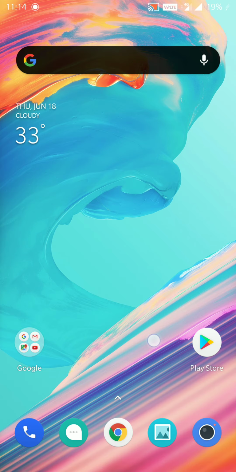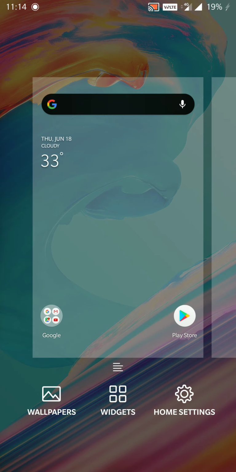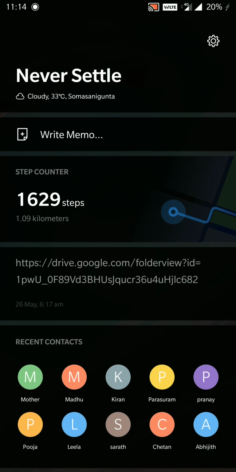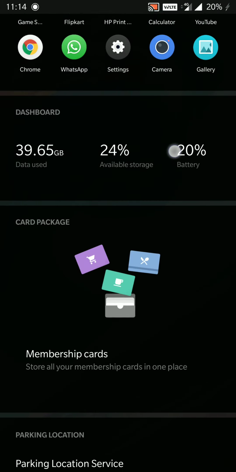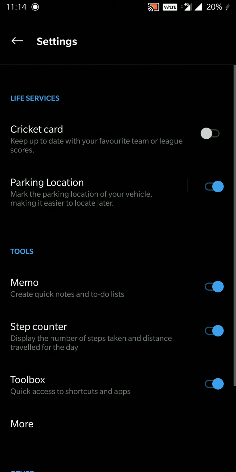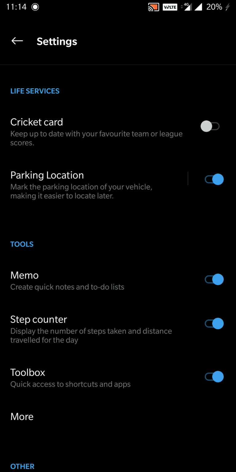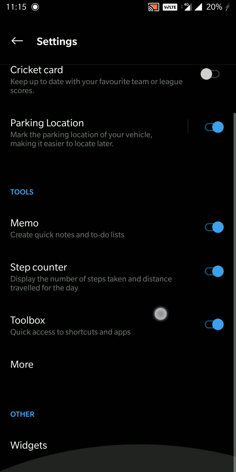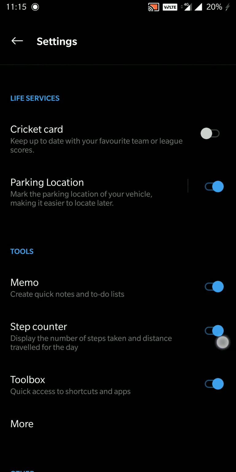Basically, long press on the home screen and you can see the home settings. From there, the shelf option is there. For me it's already enabled, so if you enable it you will get that option. After that, whatever different things you want to add to the shelf are in these settings. Just click on settings, and here you can see, suppose, cricket. If you add this cricket card, it will show you the live screen, and if you select the teams and all, it will show the corresponding live scores for that particular team. So this is what the shelf does.